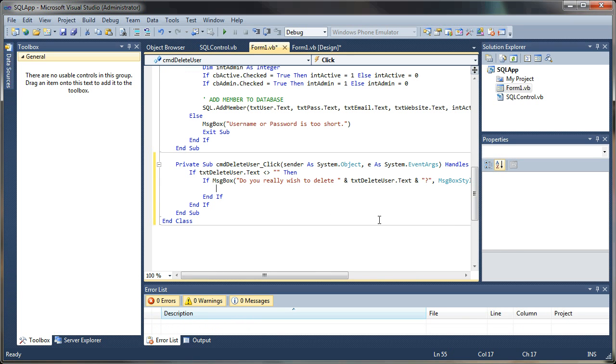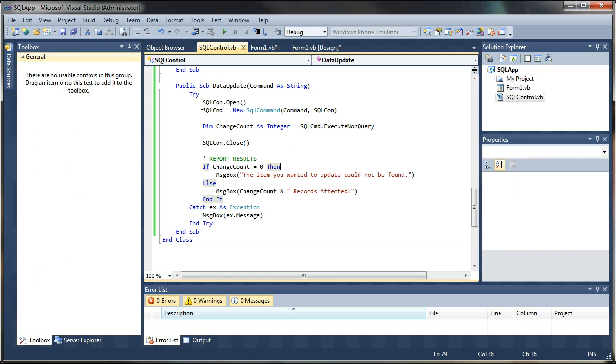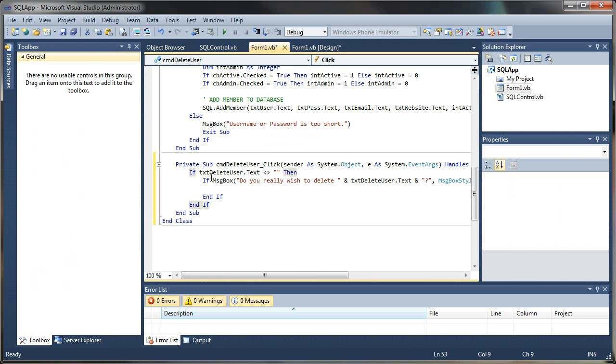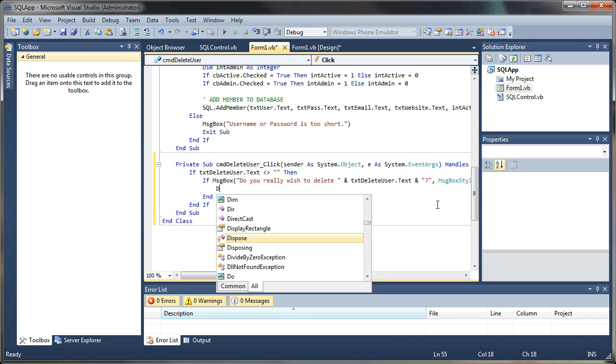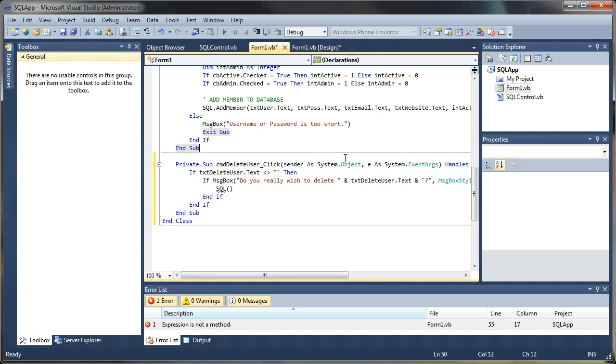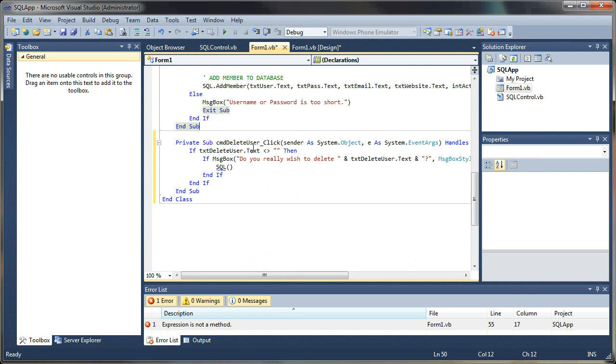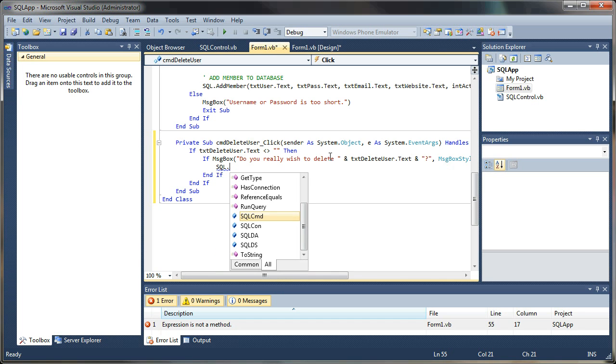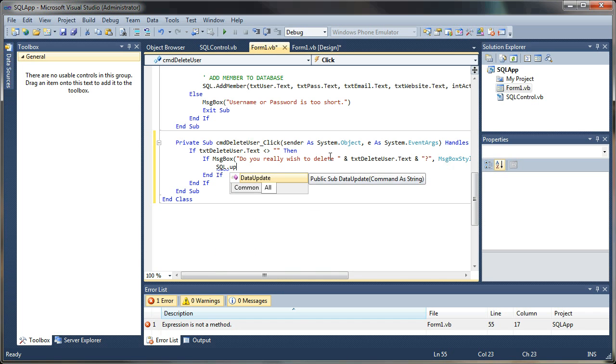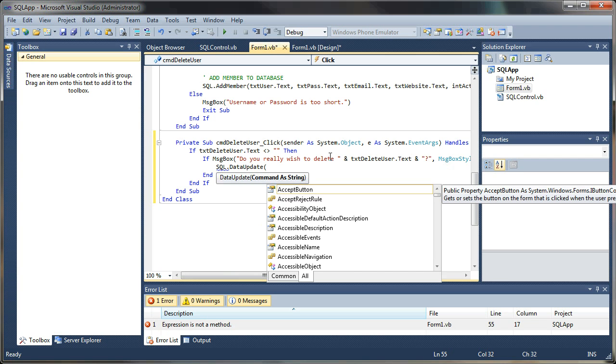then we want to launch our SQL update. So to do that, we will just be calling the new sub that we created in our SQL control. So we'll say SQL, referencing our instance of our SQL class that we created before, dot data update, and here's where we will put in our delete SQL. So we'll say